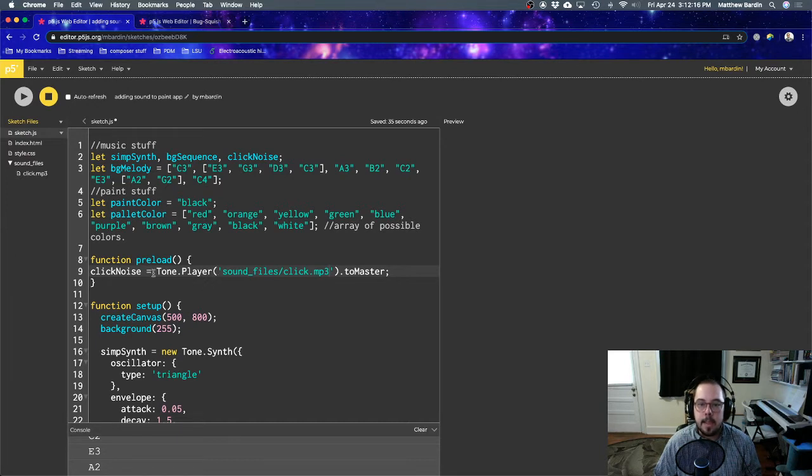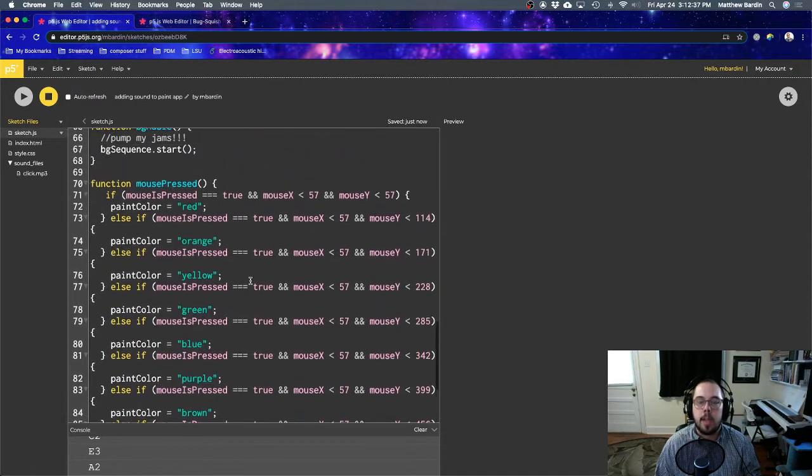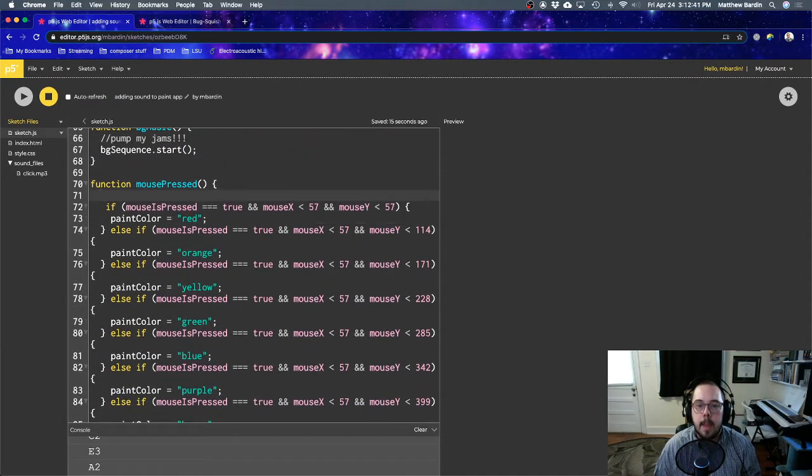We've loaded this into the player, and we're referring to that as click noise. So since it's going to be the click noise, what I'm wanting this to do is play the sound file every time I click the mouse, which in this context is going to be whenever I start drawing or I change a sound. So if I go down to mouse pressed, which starts here,